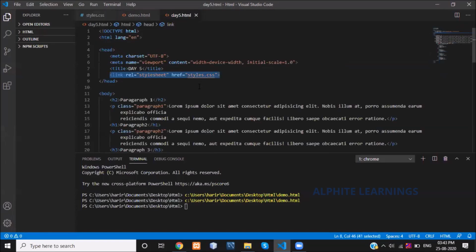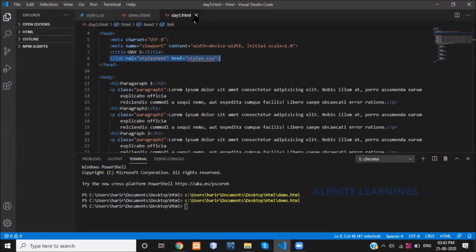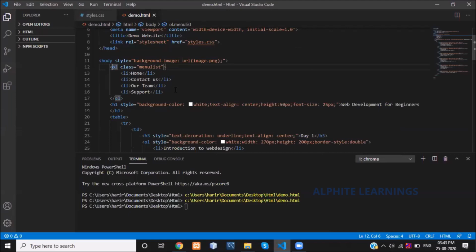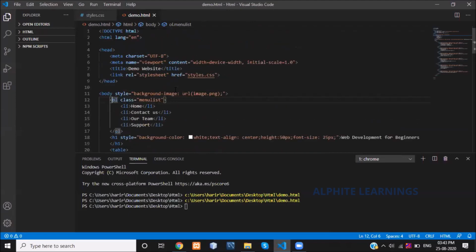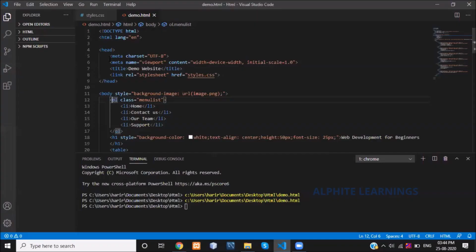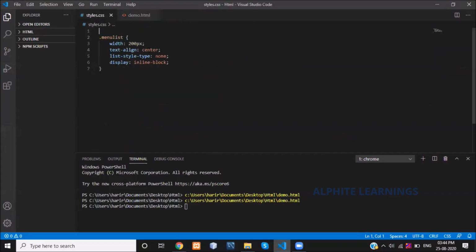Everything is fine, right? What things have I used? Inline block display.